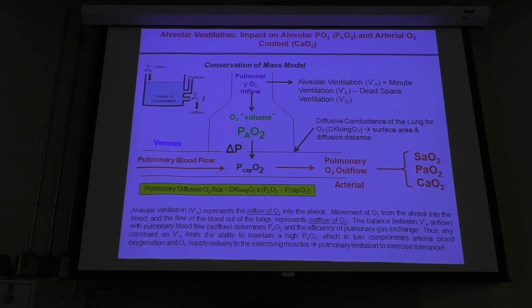gas exchange. So, the point here is that any constraint on alveolar ventilation has the potential to limit the ability to maintain a high enough alveolar PO2 to facilitate gas exchange at a given level of diffusive oxygen conductance for the lung. And this has the potential to compromise arterial blood oxygenation and oxygen supply to the exercising muscles. So again, if our oxygen saturation, our partial pressure of oxygen dissolved in the blood, and ultimately the arterial oxygen content is compromised by some type of impairment in the relationship between alveolar ventilation and pulmonary blood flow,